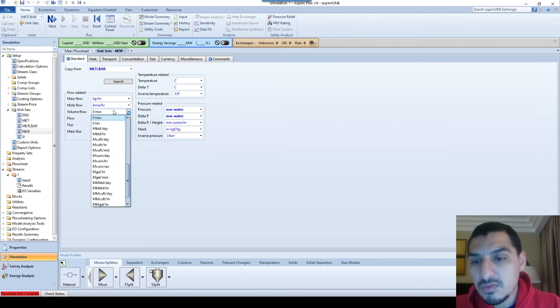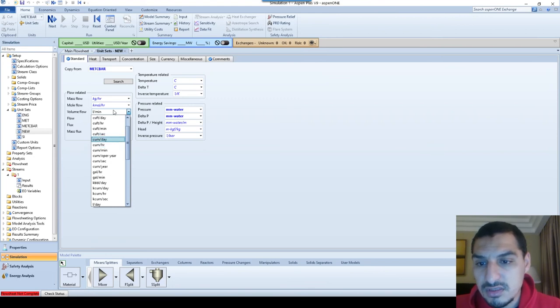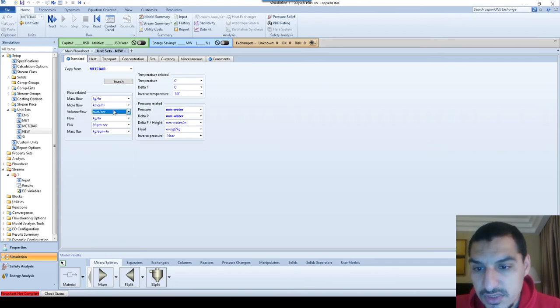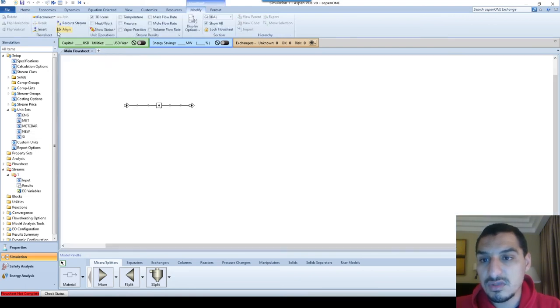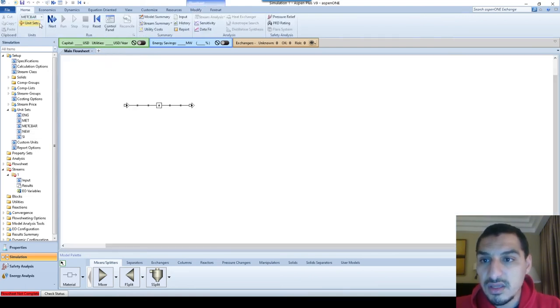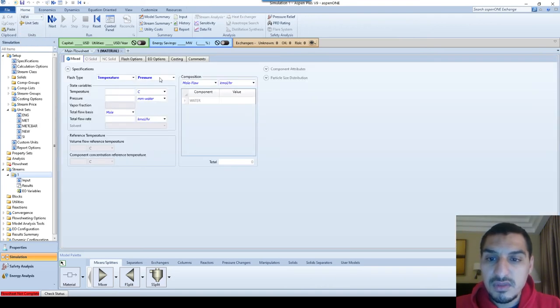And the cubic meter is named here as CUM. It is cubic meter per second. So these are the default units that we're going to use. Now I can pick the new unit set that I am using, and we'll find out that this is Celsius, this is millimeter water, and this is